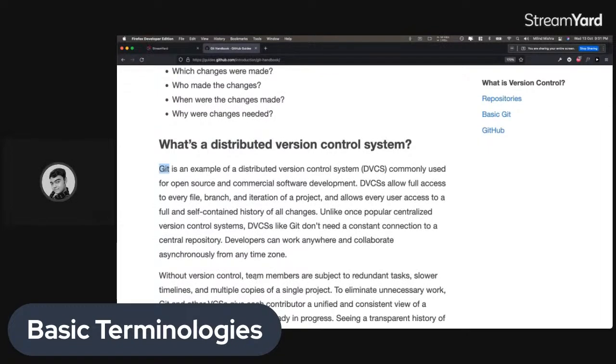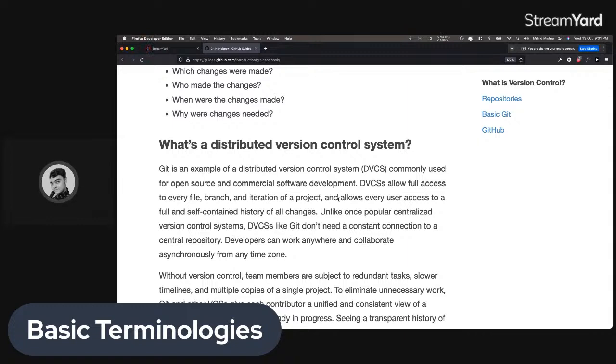DVCS allows full access to every file and lets you look into the branches and iterations of the project. Like I said, the history of the project can be tracked, right? So there are iterations of a project, version 0.1, 0.2, 1.01, and 1.02, and things like that,